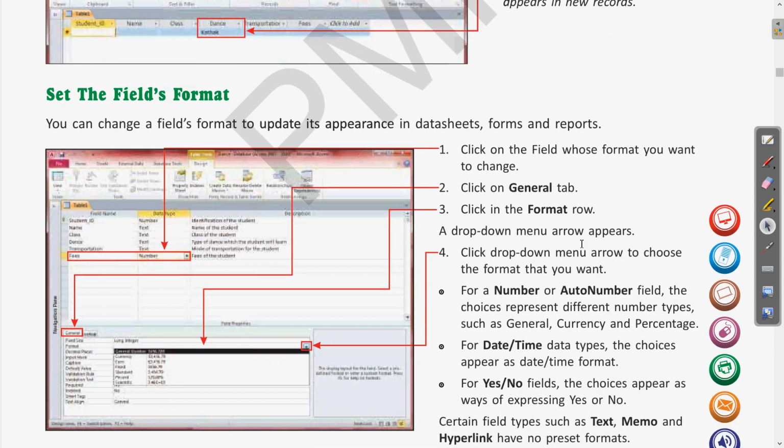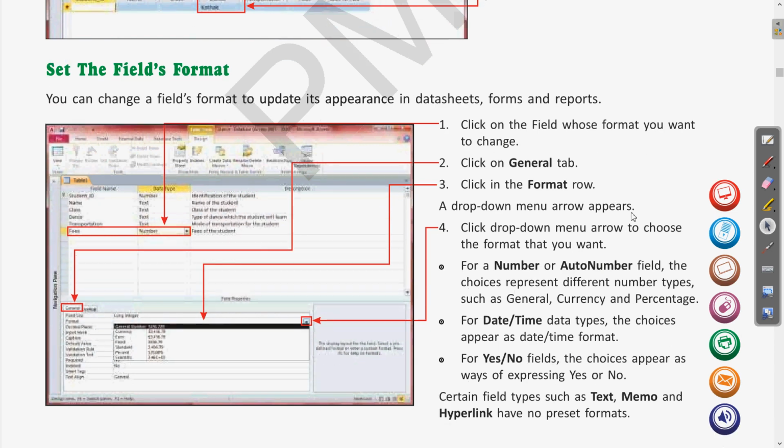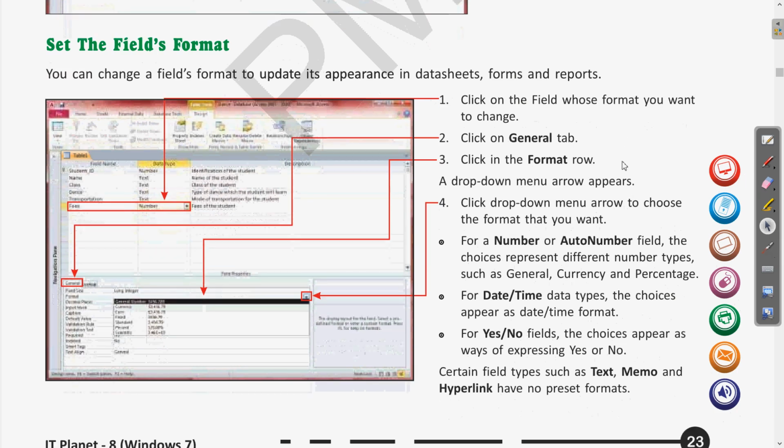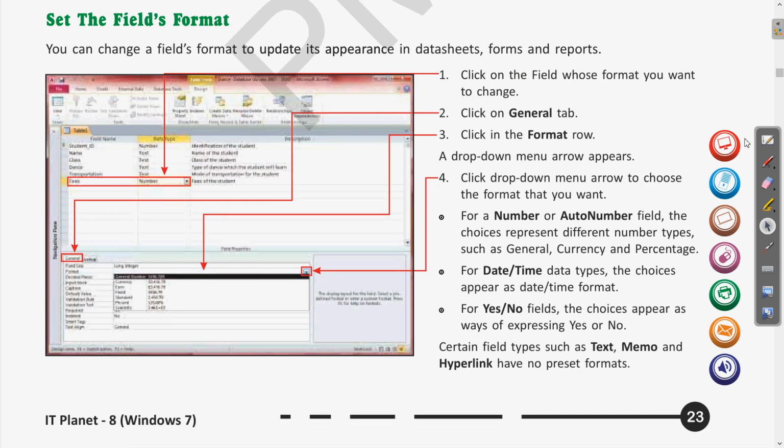The next is set the field's format. This is about the formatting of any field, in which form the data will be represented.